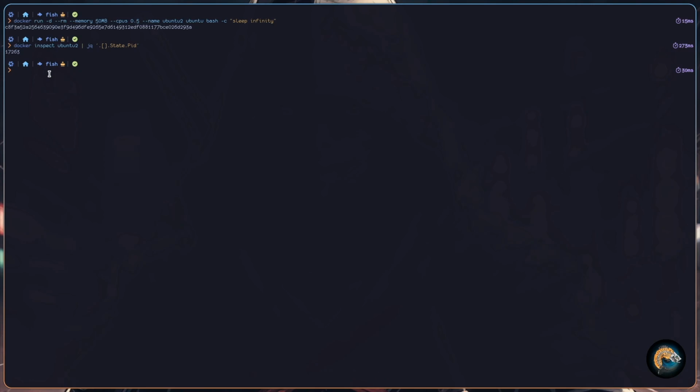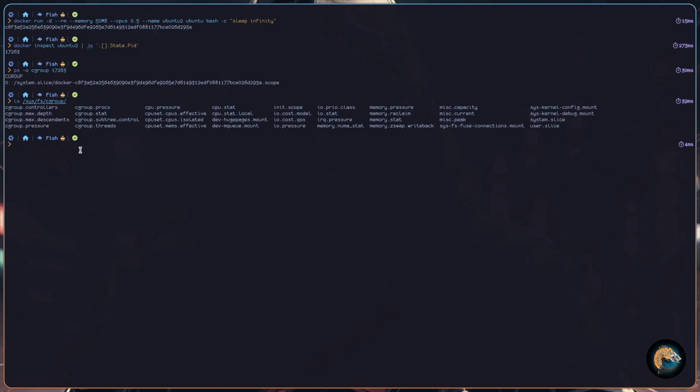So we're going to see where the cgroups assigned to this container live. We're going to do that by using the ps command and using the -o flag to give us the cgroup of this process. Generally, we can find cgroups info in the /sys/fs/cgroup directory, so we're going to append the path that we see above here with that path. And then if we go ahead and copy this path at the top here and just tack that on to our directory here,